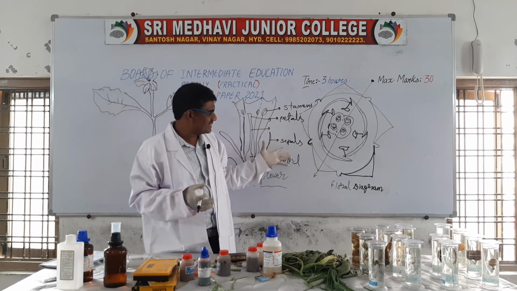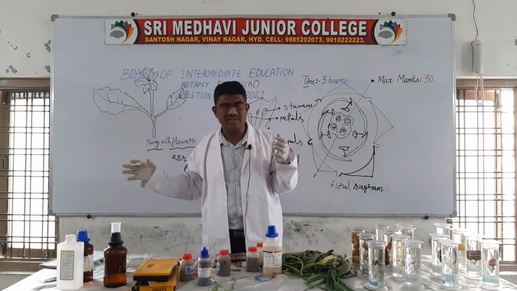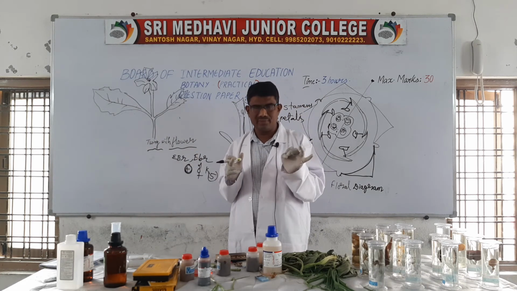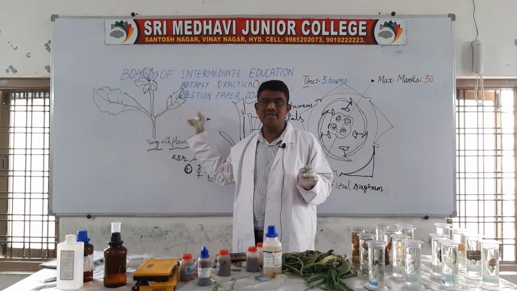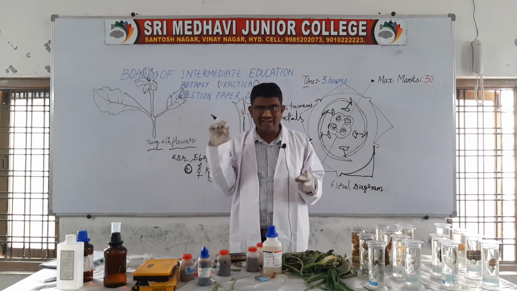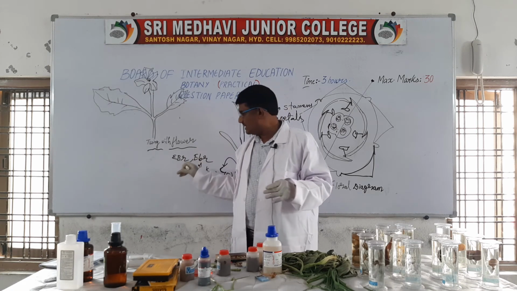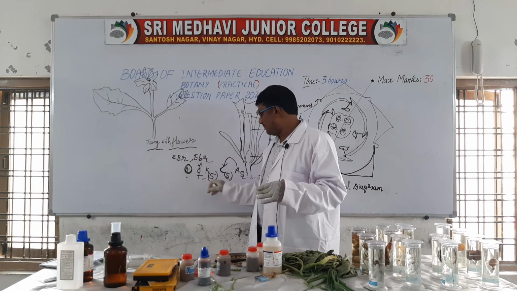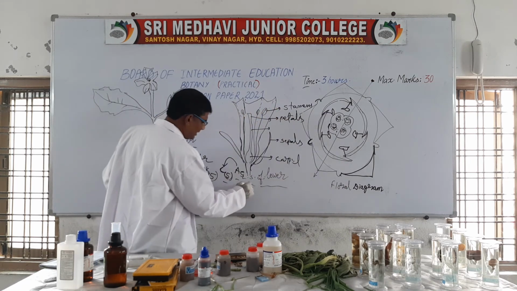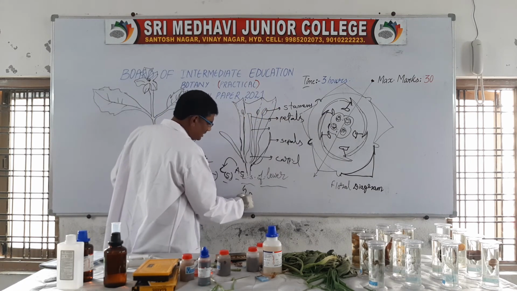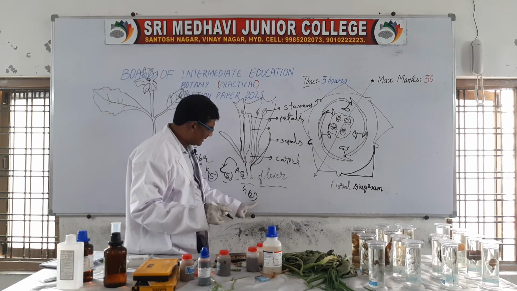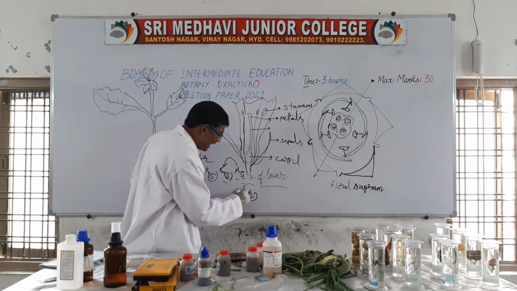You have to write the description: the vegetative characters, meaning root, stem and leaf. Then the floral characters: first the inflorescence, then the flower, sepals, petals, stamens and carpels. Last is the gynoecium, which consists of two carpels, so it is called bicarpellary. The carpels are united, so this is a syncarpous ovary.